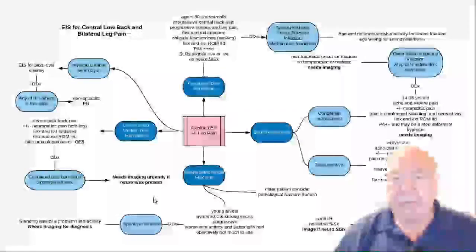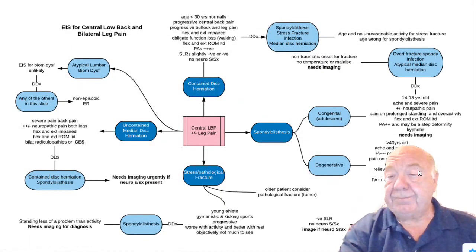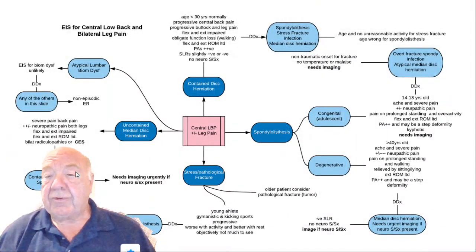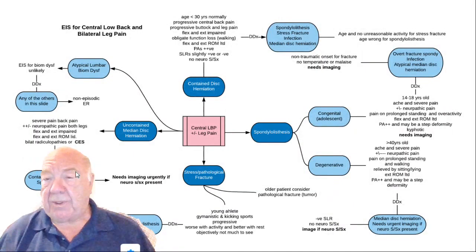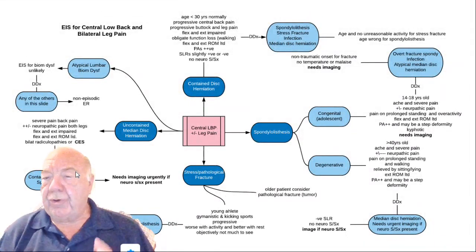Okay, and then moving on to spondylolisthesis itself. Essentially, two types. Adolescent, which is probably congenital, it may be traumatic, but it's probably congenital. Ages of 14 to 18 years old, these tend to be really very bad. So there's a severe pain with an ache. There's often neurological involvement, and you may see just one level affected, or it may be a cauda equina problem, but there's probably going to be neuropathic pain. Certainly neuropathic symptoms such as paresthesia,